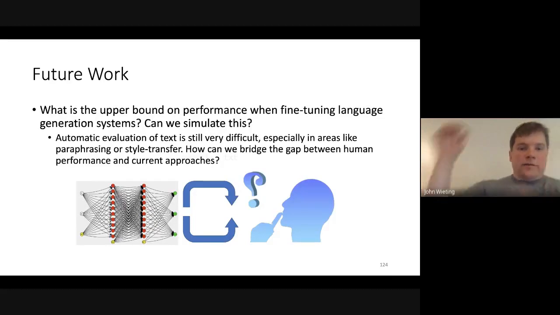Other things, there's a lot of room to gain, I think, on both automatic evaluations and training MT models or summarization models, or story generation as well. There's probably a significant gap between human performance and current approaches. I have some ideas on how to address this. It'd also be interesting to see what a human reward would do for MT. Like, how much room is there to gain?